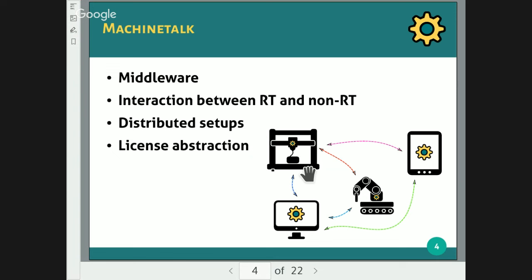Machinetalk is also important because it can act as a license abstraction between the GPL-licensed MachineKit software and possible user interfaces, third-party plugins, and so on. The license depends on the binding implementation. Python Machinetalk is licensed under the MIT license. The other bindings are created: QtQuickVCP is LGPL. And I think Bob will tell us what Node.js is licensed under.